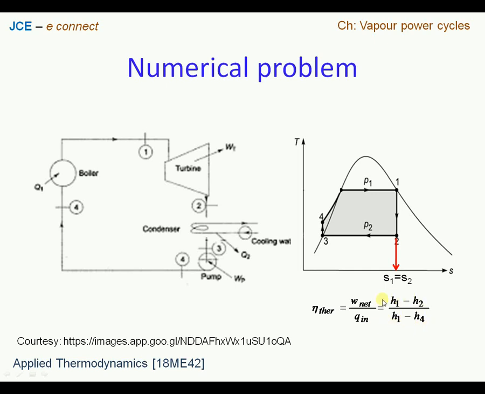Now, by looking at this equation, one has to find the enthalpy values: H1 corresponding to state point number 1, similarly H2 corresponding to state point 2, and then H1 again, which we get from state point 1, and H4, which corresponds to the exit of the pump. So at the given state points, we have to find the enthalpies, plug the enthalpy values into the equation, and get the value of efficiency. Now let us begin our exercise in finding these enthalpies to find the Rankine cycle efficiency.